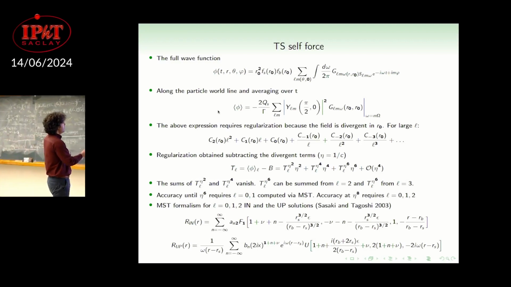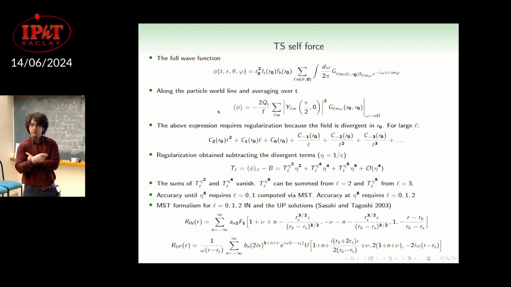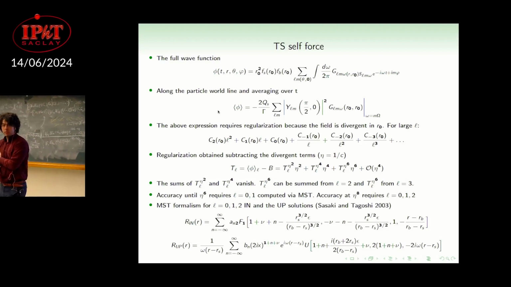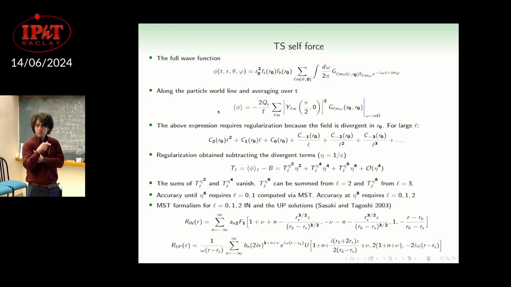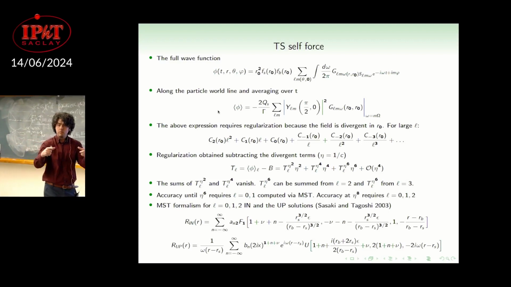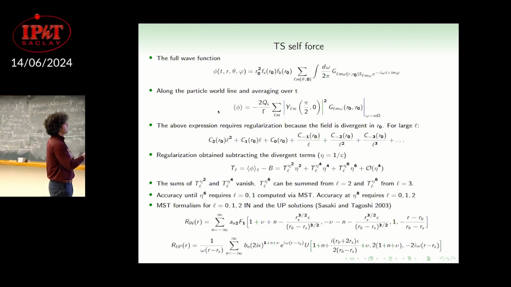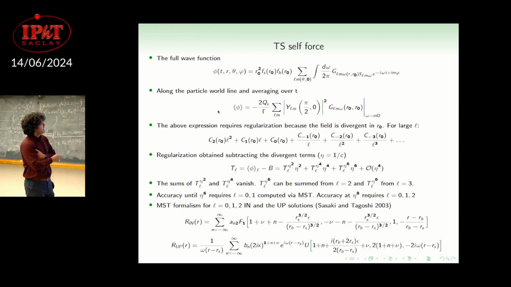And then you can reconstruct the full wave function by introducing the dependence on the angles, on y, on t, etc. The observable that we are trying to compute is the integral over time of phi computed at the radius of the circular orbit, which is called the self force. Actually, this quantity in the large L limit is singular, because when you sum these quantities in L, you have divergences here, here, here, and here. So you have to regulate this quantity.